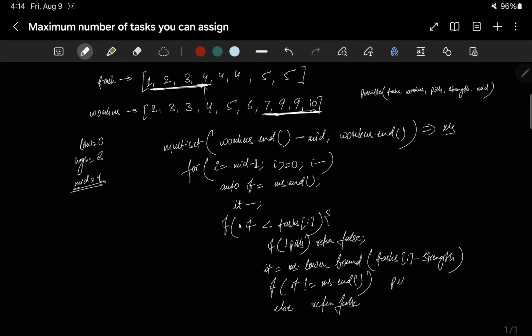So we will reduce the pill, because the pill is consumed now, right? Now the pill is consumed, it means the pill is reduced. The worker has taken the pill, the worker has done the task, the number of pills is reduced. That's it. And along with this, what happened? Once this change, this if condition happened, it means the task was done. Then we will remove that, ms.erase